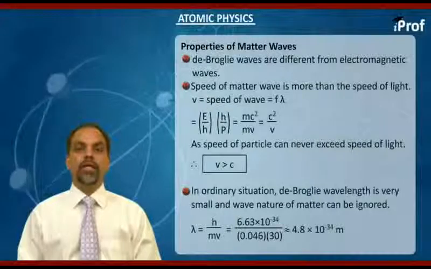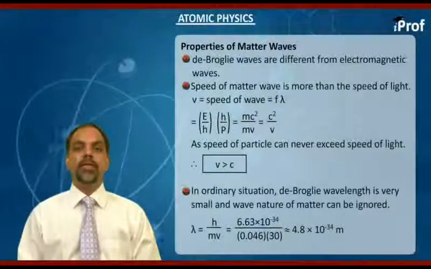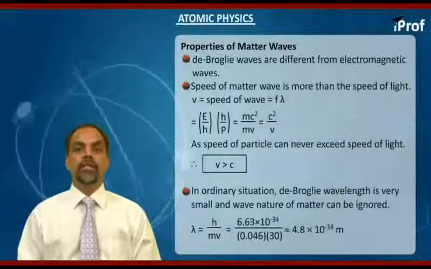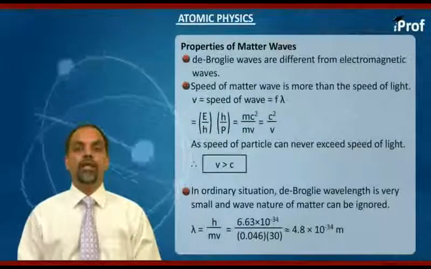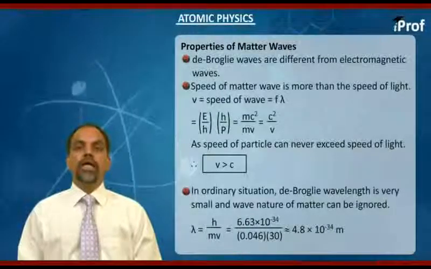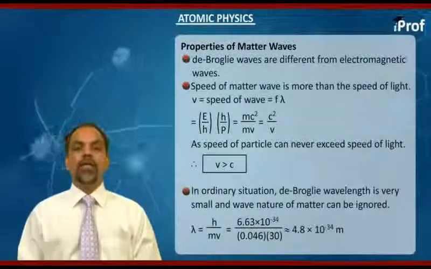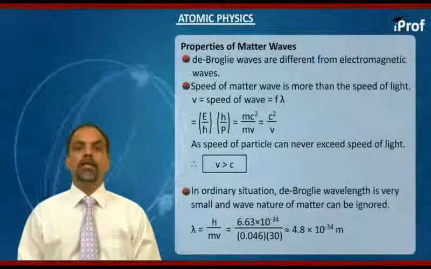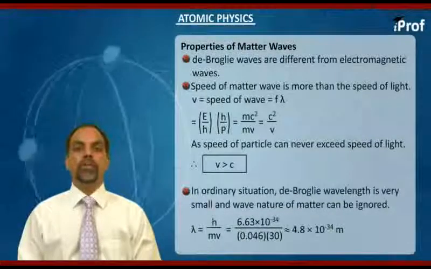The second point that we have to understand is that the speed of matter waves is more than the speed of light, and we can derive this relation very simply. Now we know that the speed of any wave, mechanical or non-mechanical, is given by a very simple relationship, that speed is equal to frequency multiplied by